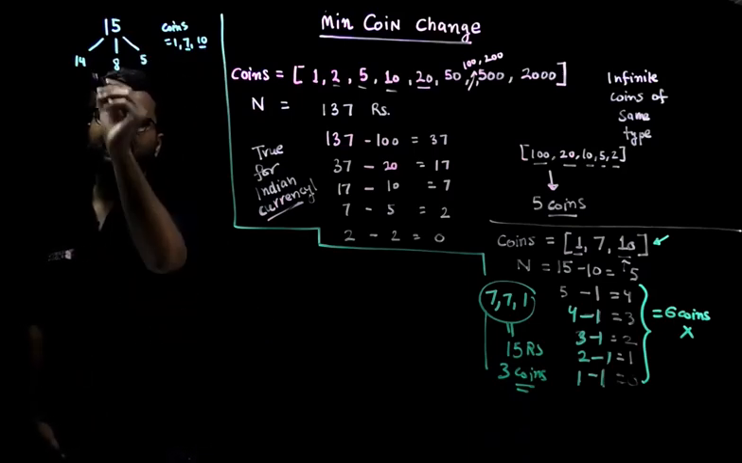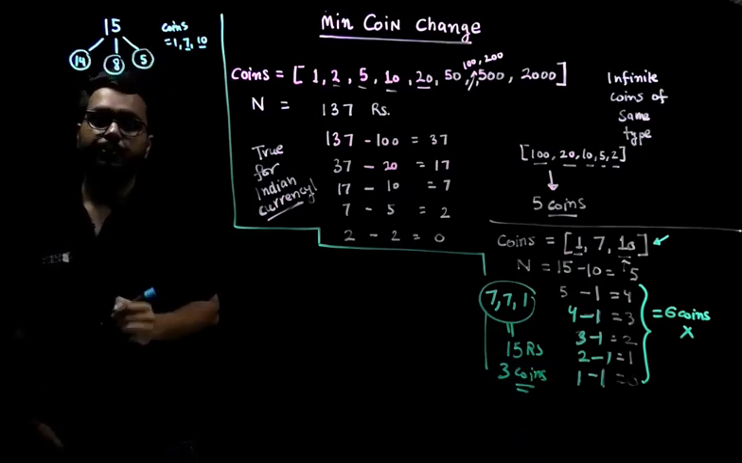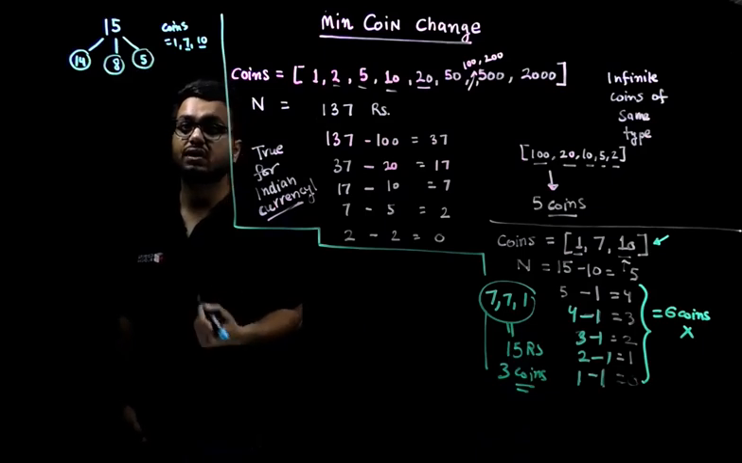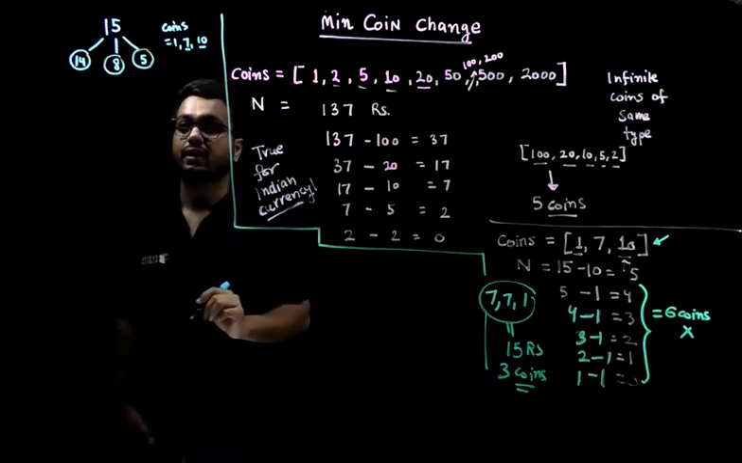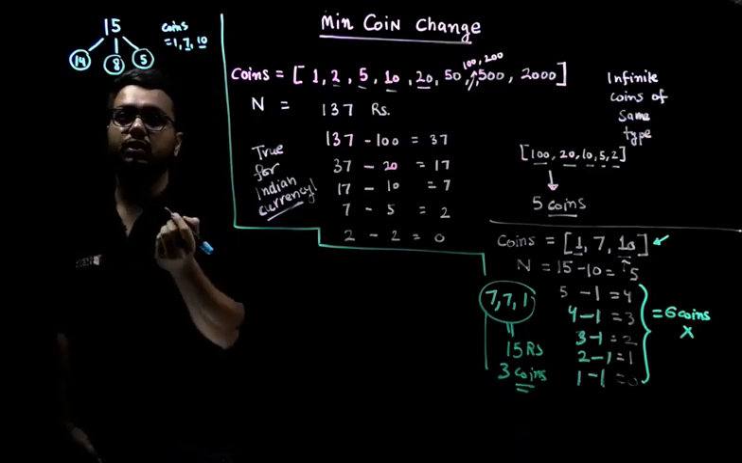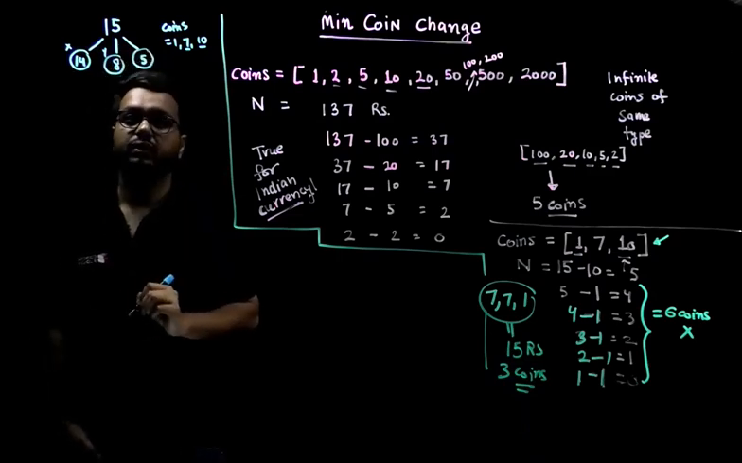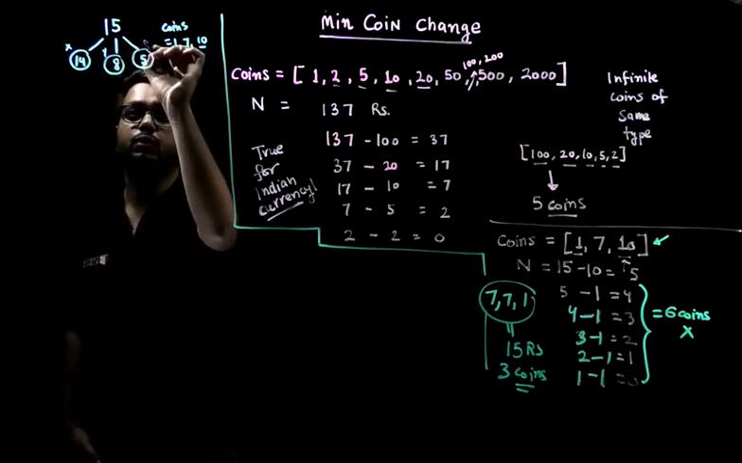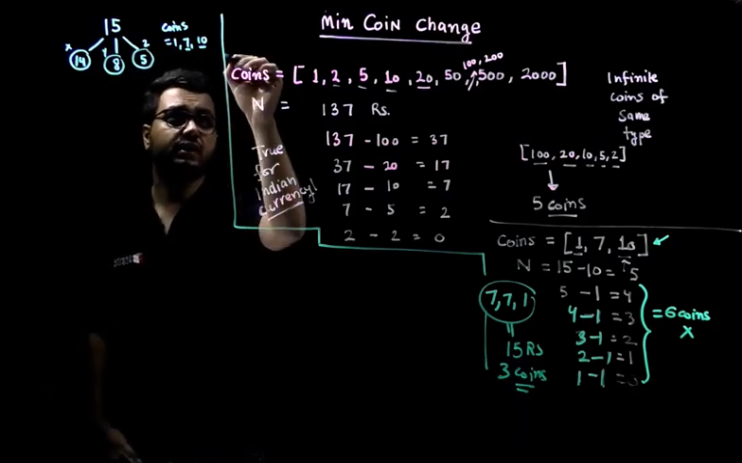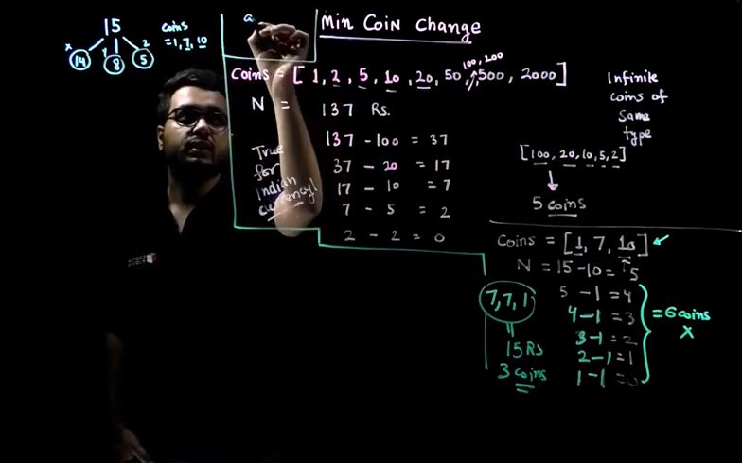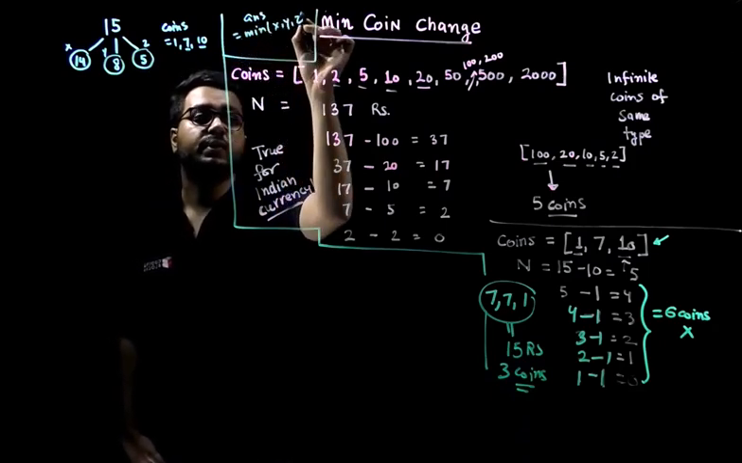Now you can see these are your sub problems, right? So these become your sub problems. If you know the solution to these sub problems, you can definitely form the solution for this. So let's say to make a change of 14, you need X number of coins. To make a change of 8, you need Y number of coins. To make a change of 5, you need Z number of coins. So your answer, I'm just writing it here,